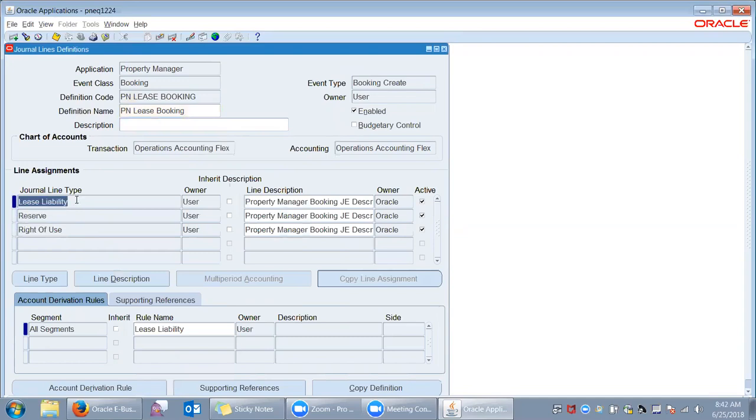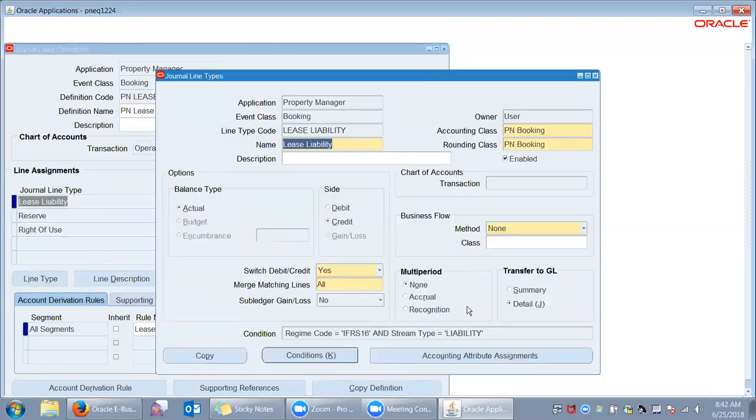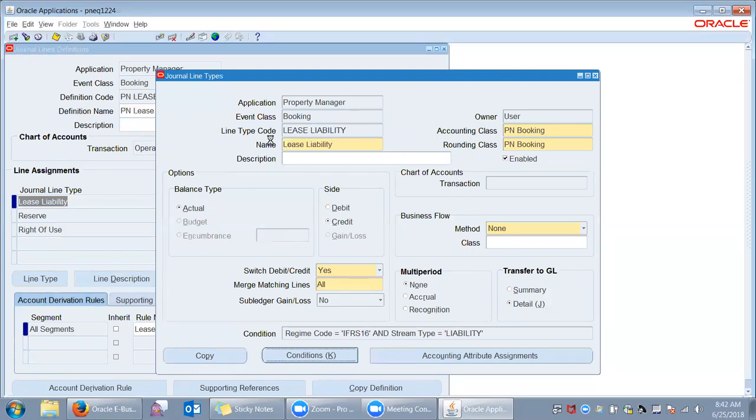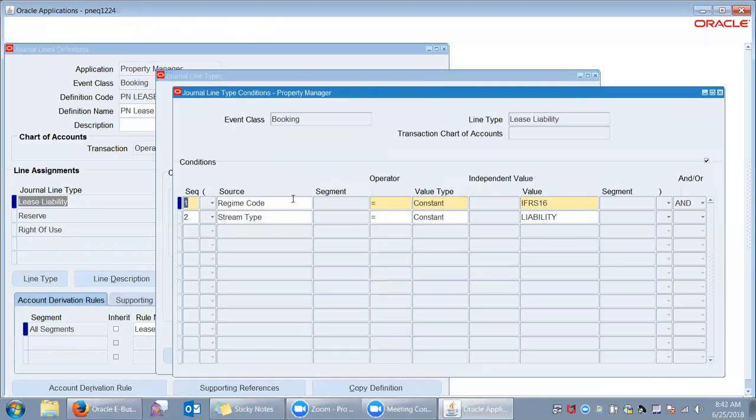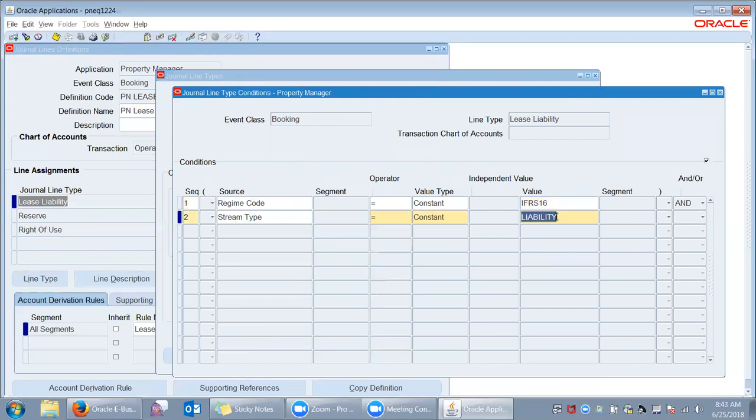So how is the liability getting picked up? This is getting picked up based on the conditions that you write on the lease liability. I have used accounting class as PM booking. This is a new accounting class. When you take a look at the conditions, we added some new sources like regime code. You can use the regime code as IFRS. We also added some new stream types as sources, something like liability. So these are hard-coded values. Only when you use rules like this, your lines will get evaluated. Once this line is built,